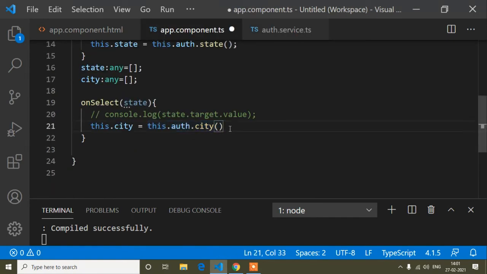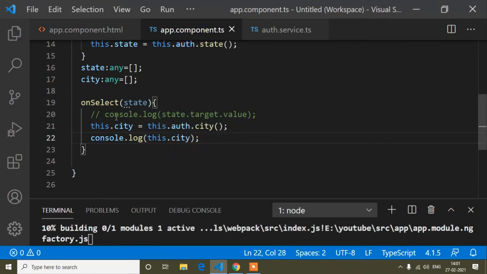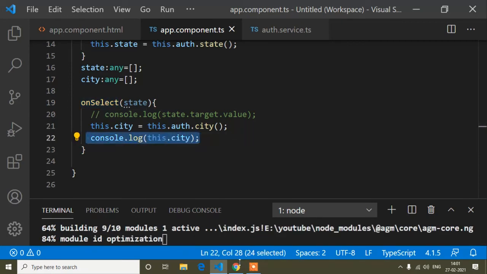So console.log(this.city), I mean I'm printing this one. When I click the select method, I will print all the cities. Let's see first what comes in the output.